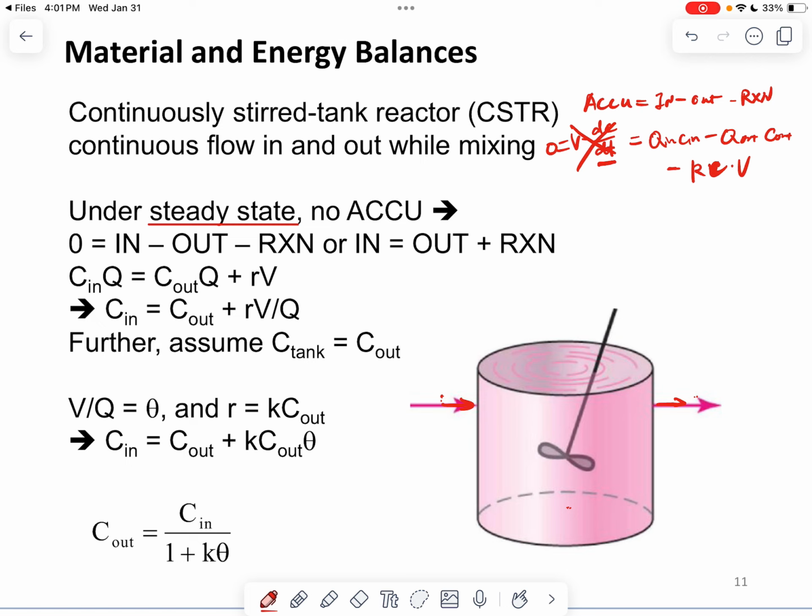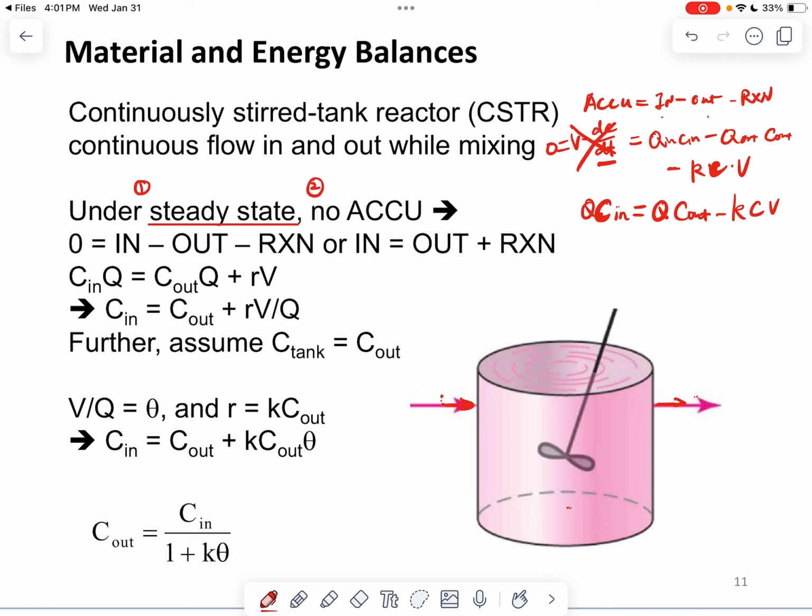Okay, so now if you have that situation, then further we know that the inflow and outflow flow rates are going to be the same. So basically you're going to have Q in, or let's just use the same Q. So QC in equals QC out minus KCV. Okay, so the steady state is the first assumption. And the second assumption is that